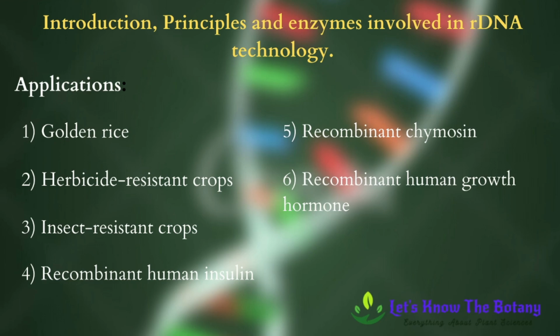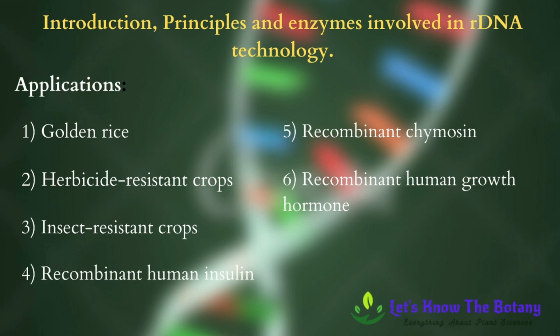The third application regarding crops is that insect resistant crops can be produced using this technology. Bacillus thuringiensis is a bacterium that naturally produces a protein, Bt toxin, which has insecticidal properties. The bacterium has been applied to crops as an insect control strategy for many years. Then in humans, this technology gives remarkable help, that is, human insulin can be produced with its help, which is useful for insulin dependent diabetic patients.